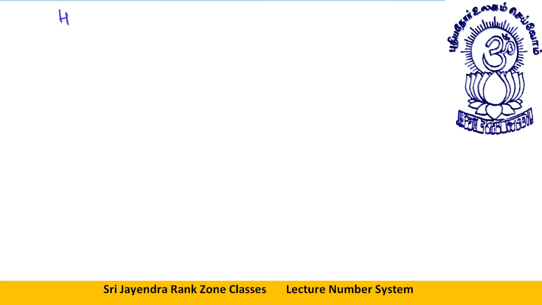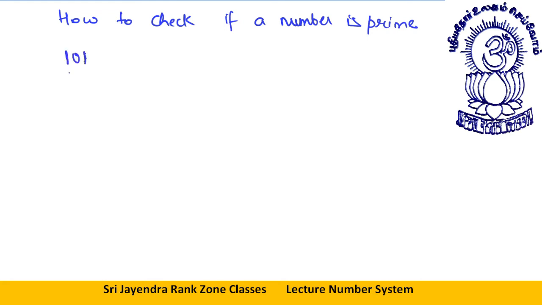Now students, how to check if a number is prime? How do we check whether the given number is prime? Let's say randomly I'm given a number 101. I am specifically checking 101 because I know this is a very important number when it comes to the concept of prime. See, how do I check whether a number is prime or not? Let me first of all write down the number over here. Okay, 101.